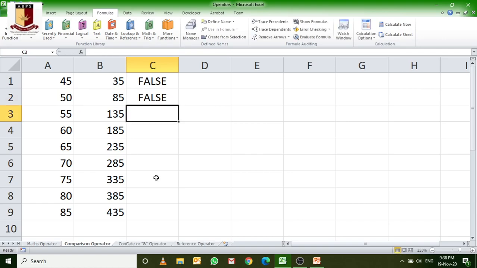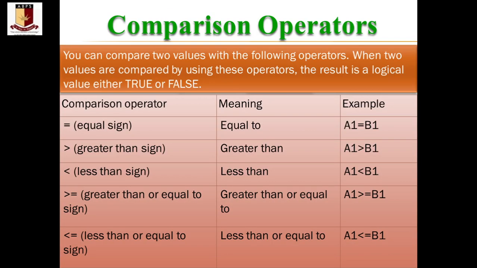So like this you can use these operators, like greater than, equal to, less than, equal to. You have to do it practically, but keep one thing in your mind: comparison operators every time return a boolean value, I mean true or false.